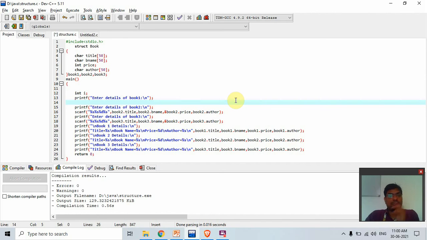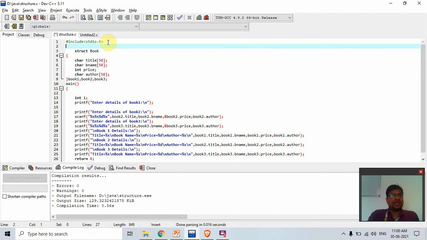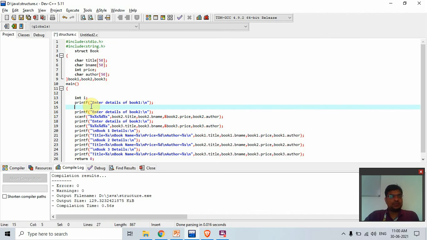Always when you are working with strings, you use gets directly, and for that you include string.h.